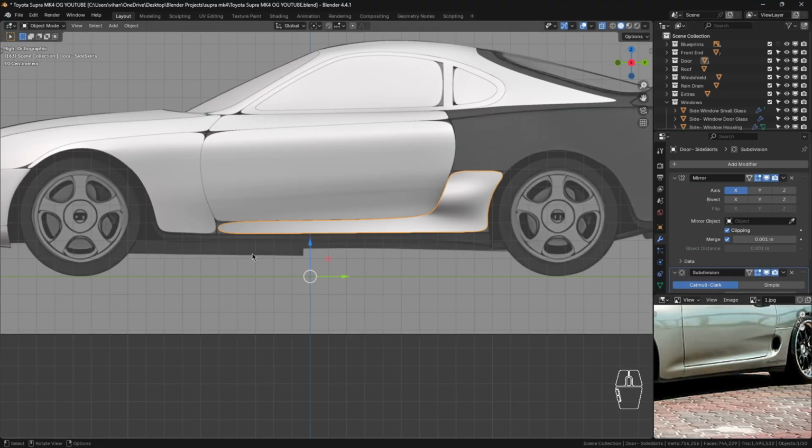So when I'm going here, there is this Door-Sill outline, as you see. It's coming from right here. It's going to be attaching from the wheel well edge right at the very end here. Alright, so what we're going to be doing now is just taking the vertices from here and here, and before